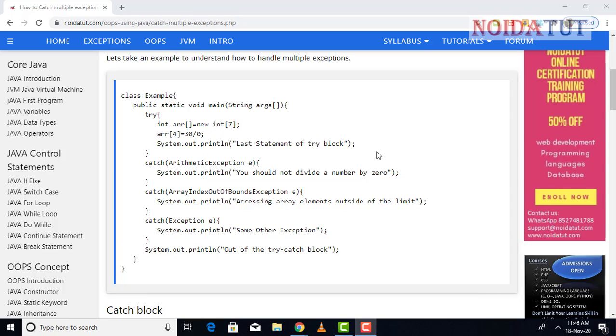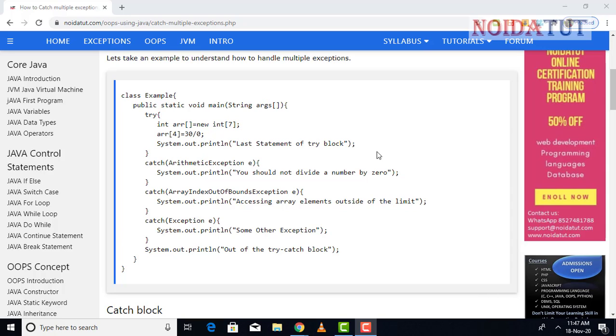Now we catch the arithmetic exception, catch ArithmeticException e. In this we display: you should not divide a number by 0. The second catch is ArrayIndexOutOfBoundsException e.